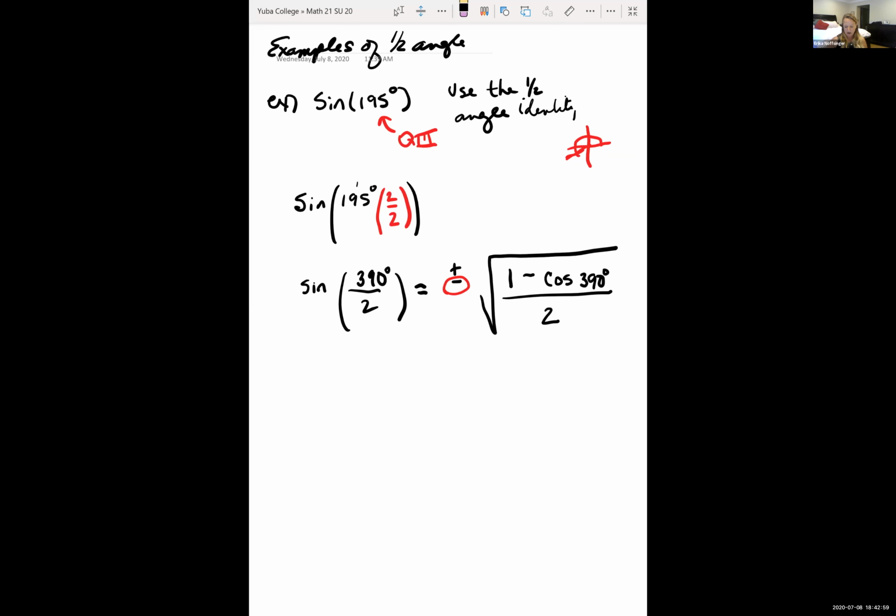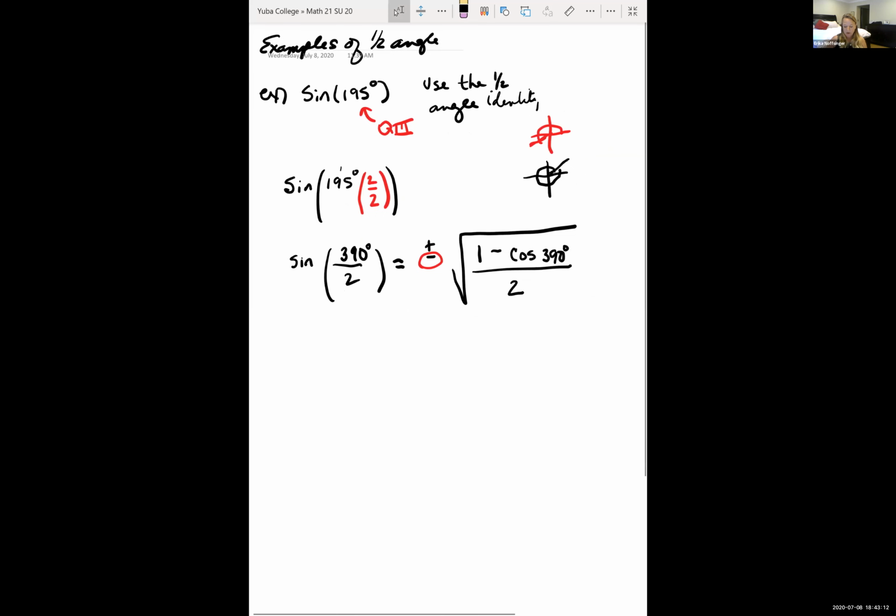So let's think about 390 degrees. Well, that's 360 degrees, which is a full circle, plus 30 more. So 390 degrees is equivalent to 30 degrees. So the reference angle is 30 degrees. So we can evaluate this at negative the square root of 1